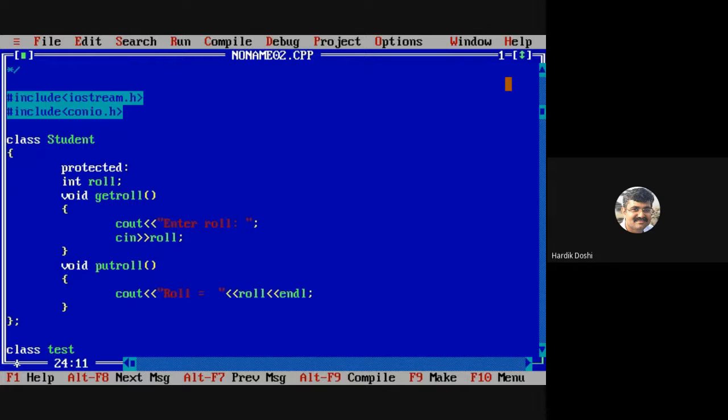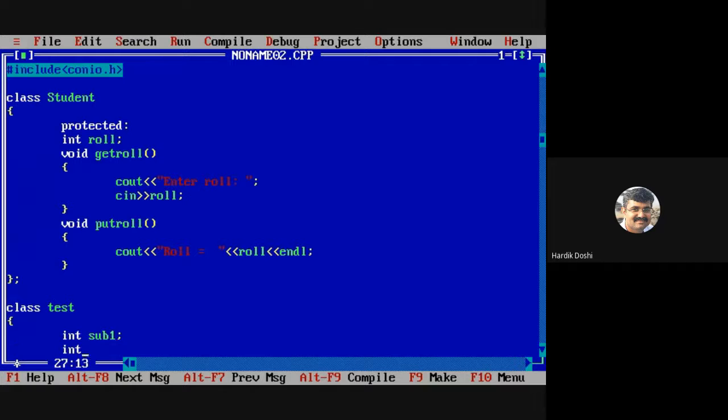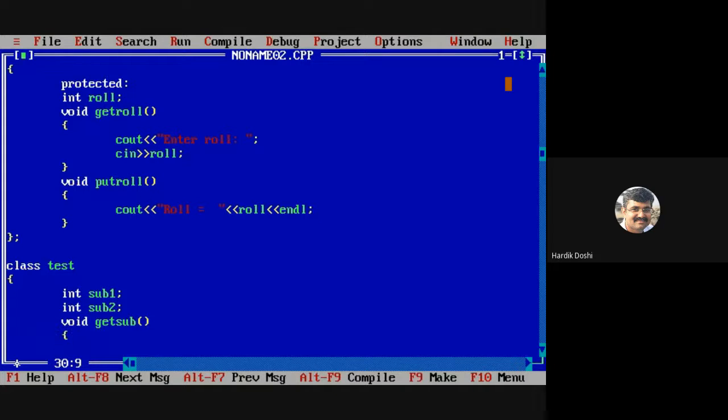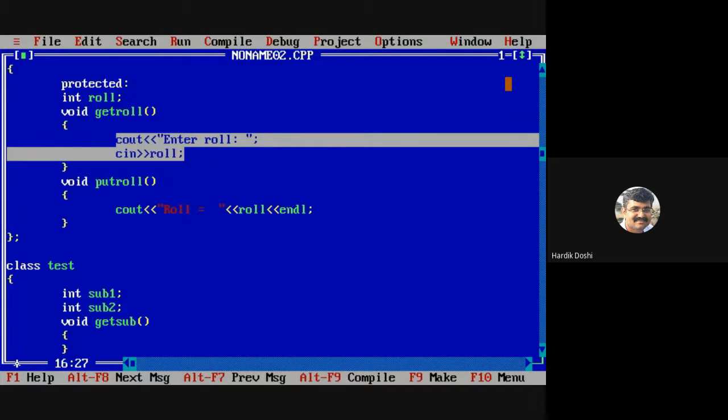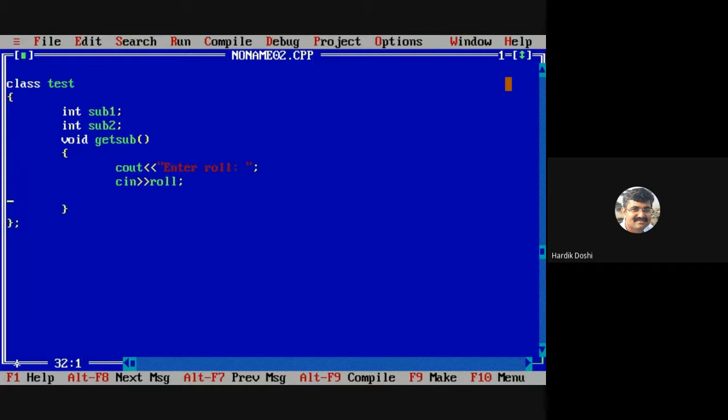Class test. Integer sub1, integer sub2, void get sub. What is sub?